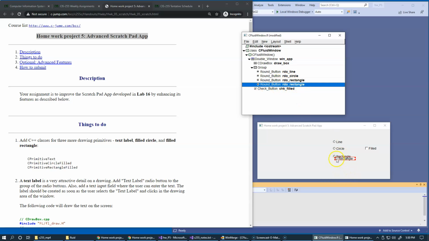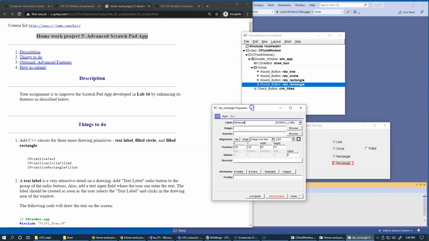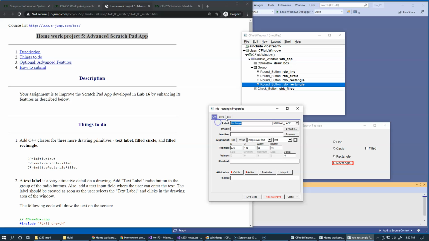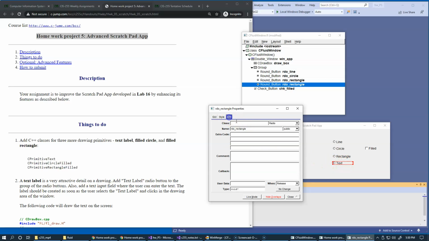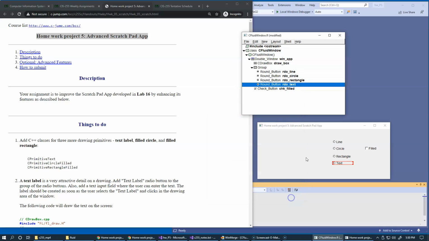So all I need to do right now is, by the way, this is its new appearance. So I'm just going to double click here to open properties and change the label to text. Right, so this will allow user to enter text, and of course its name will be RDO text. Okay, just try to stay consistent with the previous names that we've used. So this is the new radio button that we have, RDO text. And of course, now we can resize this gadget a little bit, and